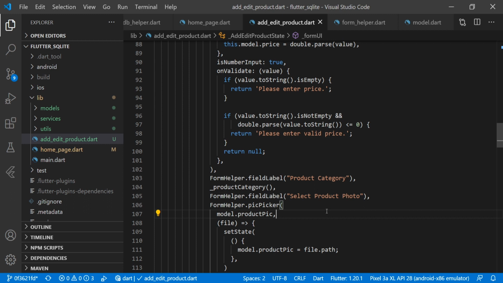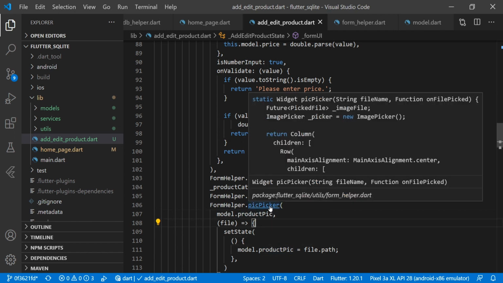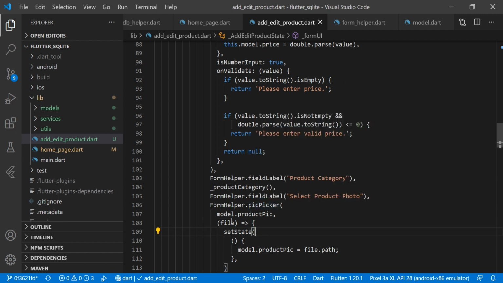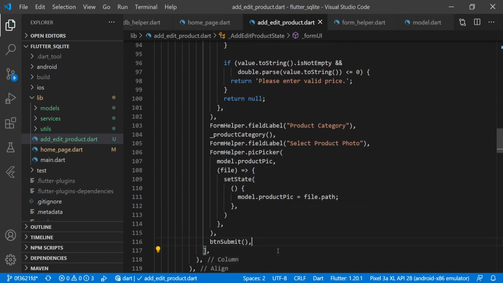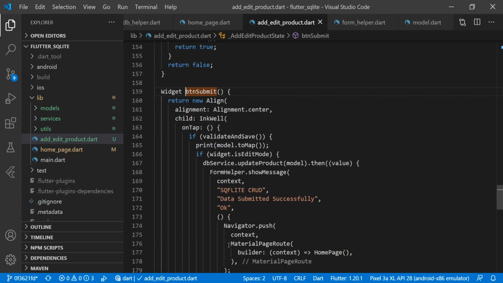After product category we have a field label of select product photo, and there we are calling our picker, and there I am just passing the product pic as a variable, and on the onFilePicked event I am just passing the file path to our product pic, and here we have a submit button.